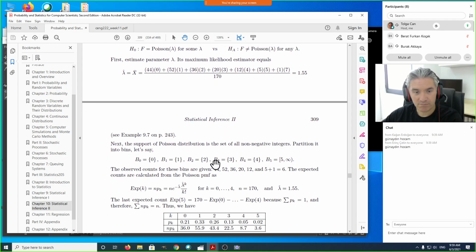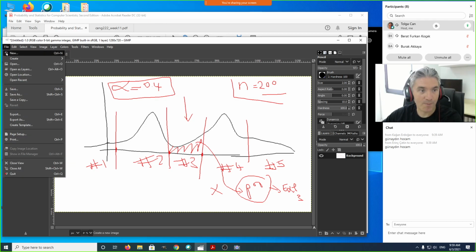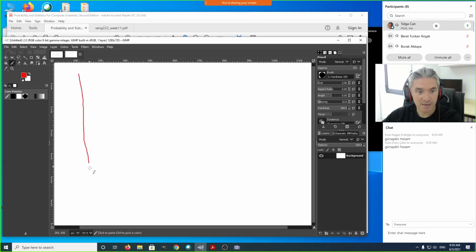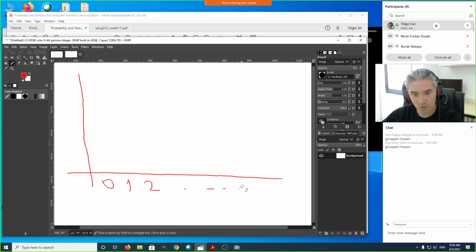And this example was also interesting in the sense that although it's a discrete distribution, its domain is infinite, which means that it starts at 0, 1, 2, and goes all the way to infinity. And therefore, when we are deciding on these bins, if this is, for example, Poisson, we are going to have a probability mass function. Maybe it's going to be something like this. If you look at the probability mass function,